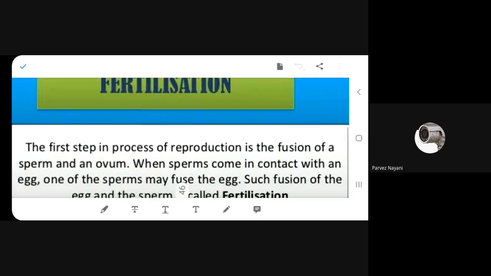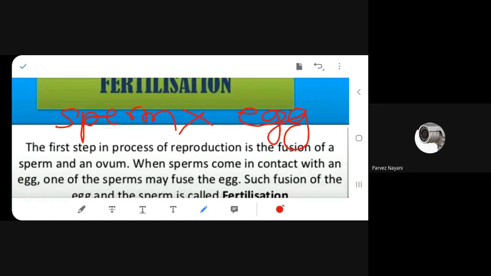It is the first step. That means after that, the zygote is formed. So, after fertilization, what is formed? Zygote. So, sperm unites with egg or ovum. What do we get? Zygote. The sperm unites with ovum or egg and it becomes a one cell structure which is known